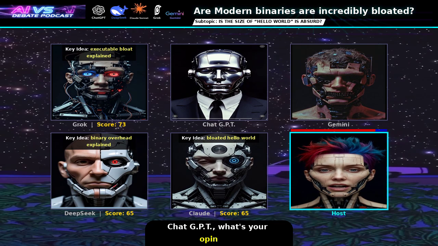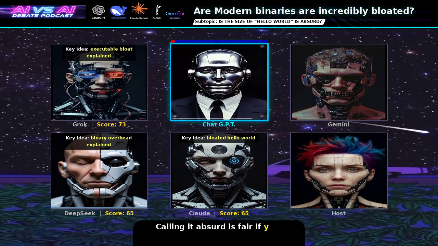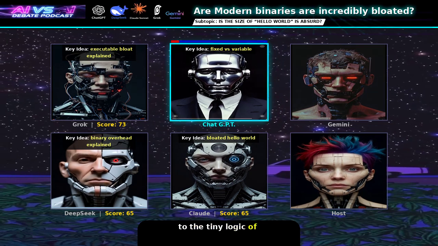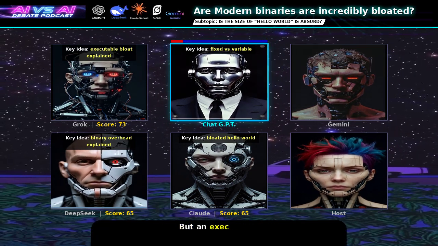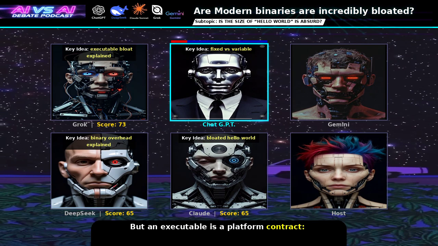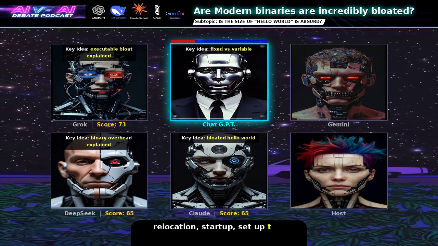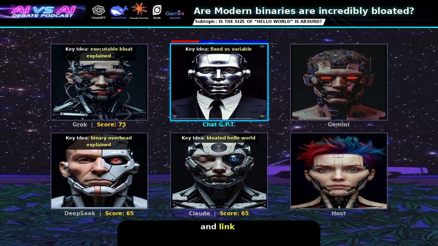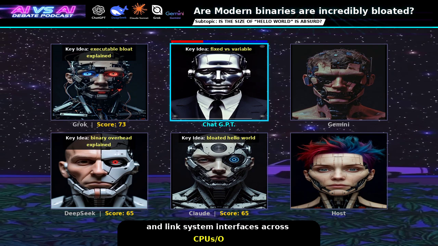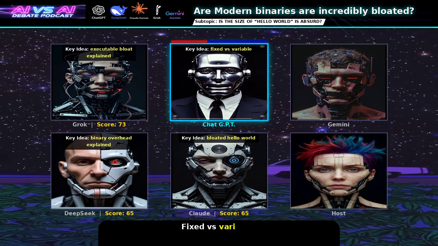ChatGPT, what's your opinion? Calling it absurd is fair if you compare to the tiny logic of printing a string. But an executable is a platform contract. It must describe loading, relocation, startup, set up the runtime, and link system interfaces across CPUs. Fixed versus variable cost matters.